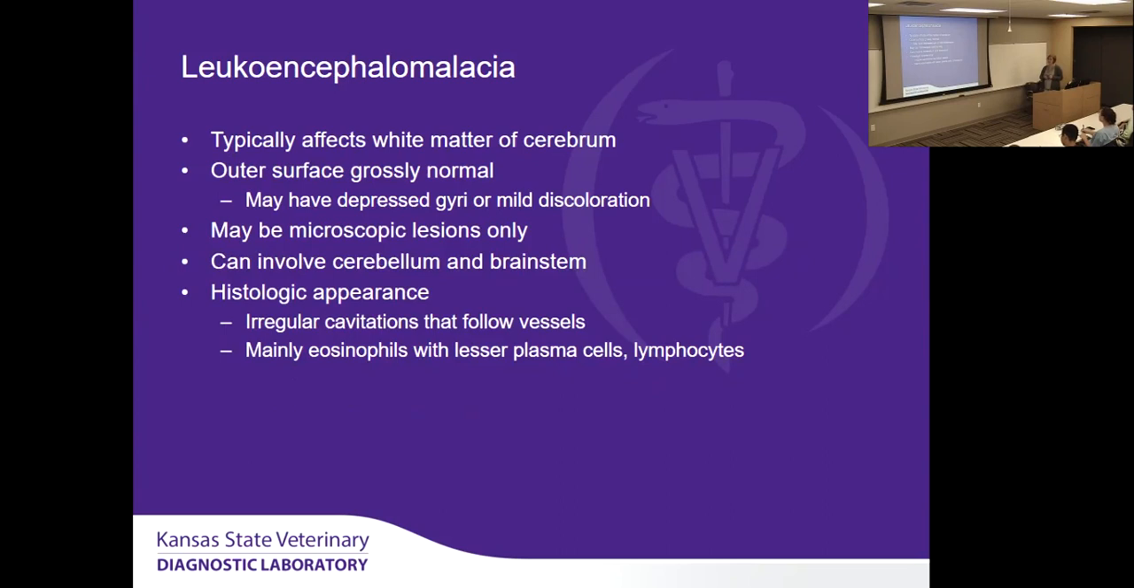And it can involve the cerebellum and the brainstem as well. So all 3 parts of the brain. So we already looked at those and we talked about it affects the vessels. So that's why the holes or the cavitations usually follow the vessels. And then eosinophils was the